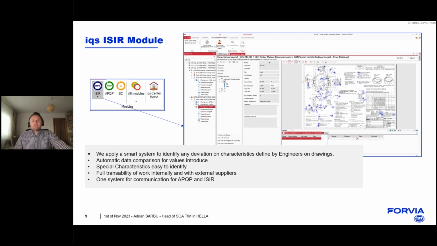The system also makes the decision on the final product, and from the IQS system we are able to upload all the decisions to our internal system, which is SAP. Good. So that's how the ISIR module, in a few words, is working.